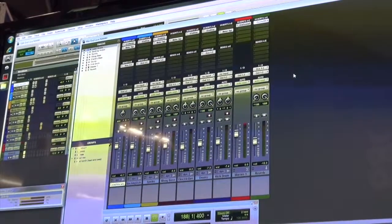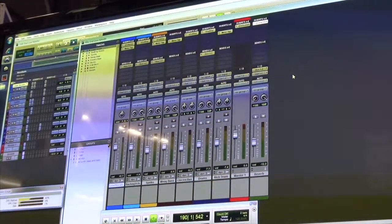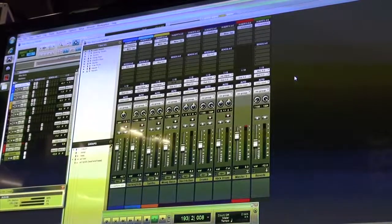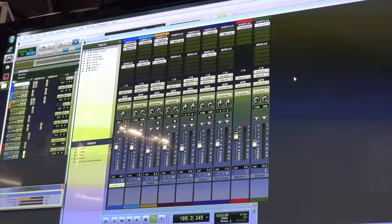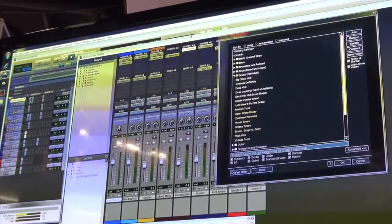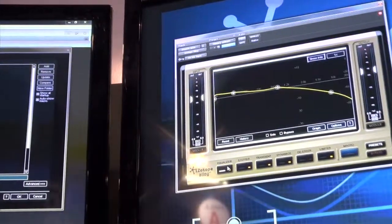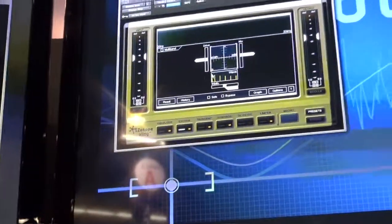We actually have a lesser known but fantastic plugin called Alloy, and you can think of it as Ozone's younger sister, younger brother. It's a zero latency mixing plugin, and it includes much of the DSP from Ozone. And I can show you, it looks like this. Let me pull it up. There it is. So it includes the equalizer, it includes an exciter, which again we can choose between like